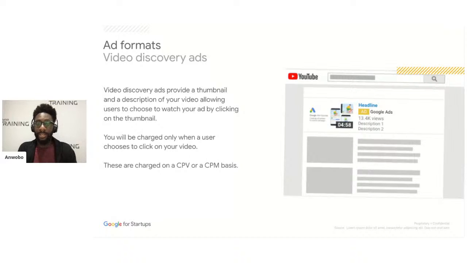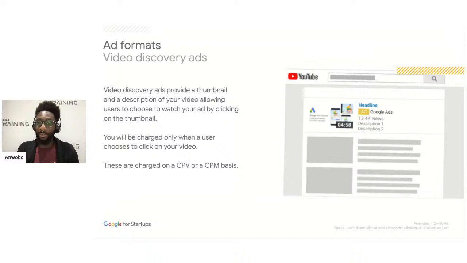And for video discovery ads, your longer, more detailed, more informative videos can be used because the users that opt to watch this are much more likely to be engaged and attentive and to consume the majority of this video content in this format. This format also comes with headlines and descriptions. So as mentioned before, you can choose a headline to write and some descriptive text that allows the user to make a more informed decision because they can start to see what this video is going to be about, and they can choose to click on that video to go directly to your video to view it.